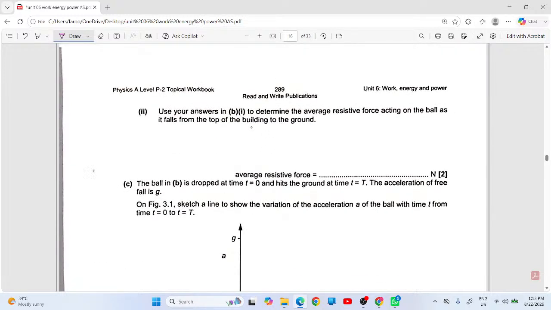B part 1 में. Okay, part 1 था, to determine the average resistive force acting on the ball as it falls. ये तो अभी हमने किया. आपके पास loss in potential equals kinetic plus work done against friction. Some of the potential is converted to kinetic and some is wasted against frictional force. So change in potential energy is